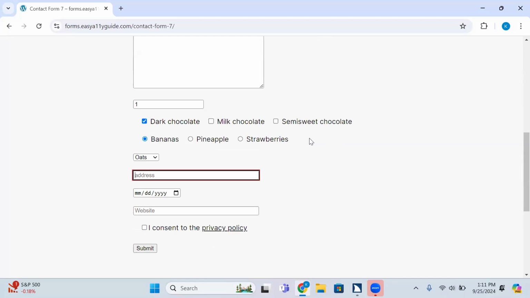Address, edit. Blank. Type in text. Okay. 123 Main Street. There we go. Date time, edit. Month, edit. Spin box 0. To set the value, use the...